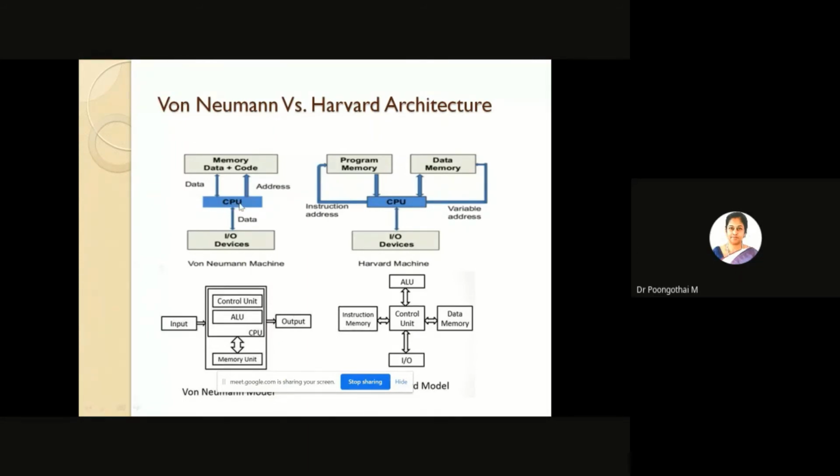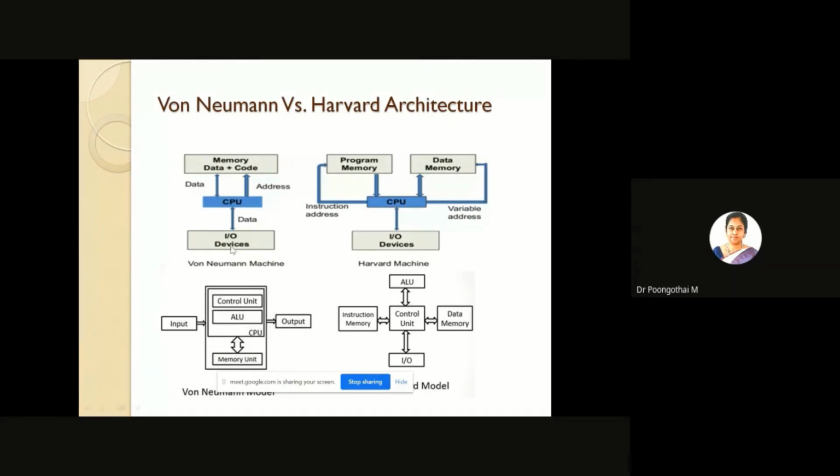So in the first clock cycle, the processor gets the instruction. Instructions are stored in memory, so first your processor gets the instruction from memory through the address bus and decodes it. And after that, in the second cycle, the required data is taken from the memory. Here the data bus is used to get the data from the memory. So the data transfer and instruction fetch must be scheduled here. They cannot be performed at the same time. That is the important point in von Neumann architecture: data transfer and fetching instructions from the memory cannot be performed simultaneously.